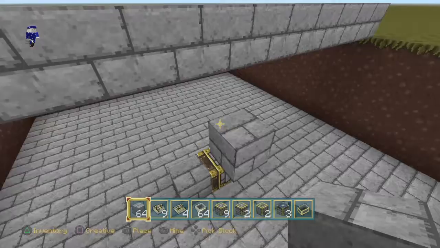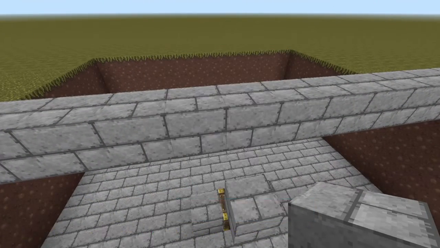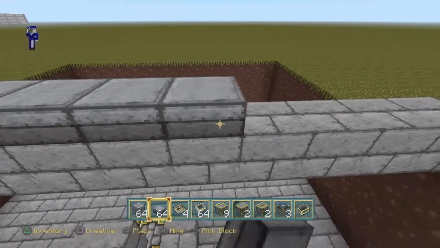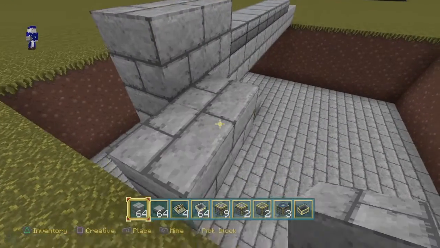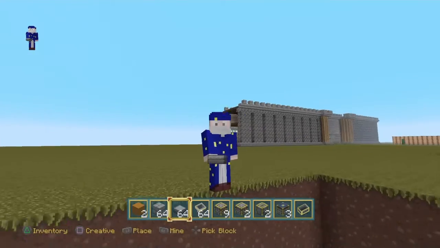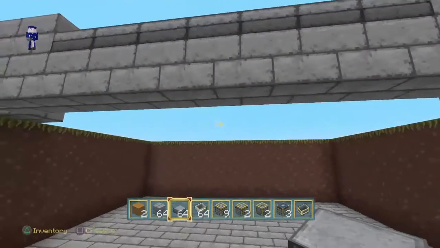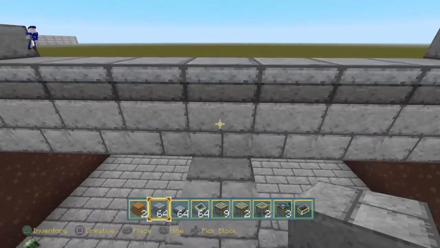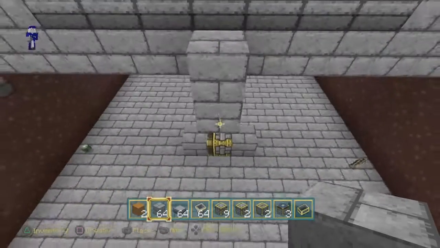So, from here, we need 7. So this is where our slabs come in handy. So we go 1, 2, 3, 4, and then 1, 2, 3. 2 blocks, we don't need that, so we'll just move it up. Okay guys, build your framework, and then your hoppers are going to go right along this line right here. So they're sitting right here, where you can't see the